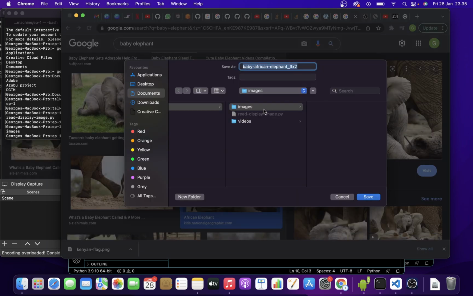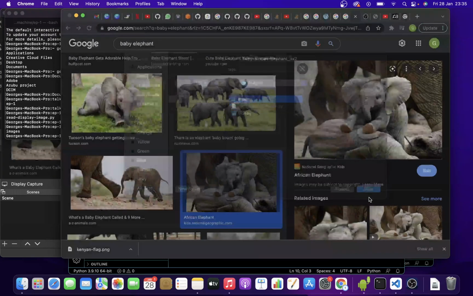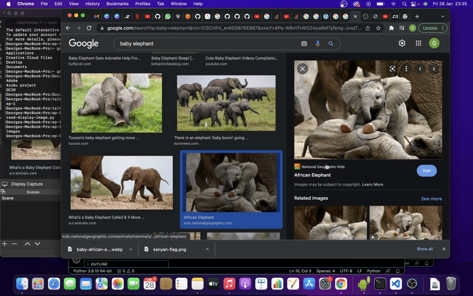If you've been following, I'm really having a conversation with myself on this machine, and that's the whole point. So we're going to save that image there. Okay, so